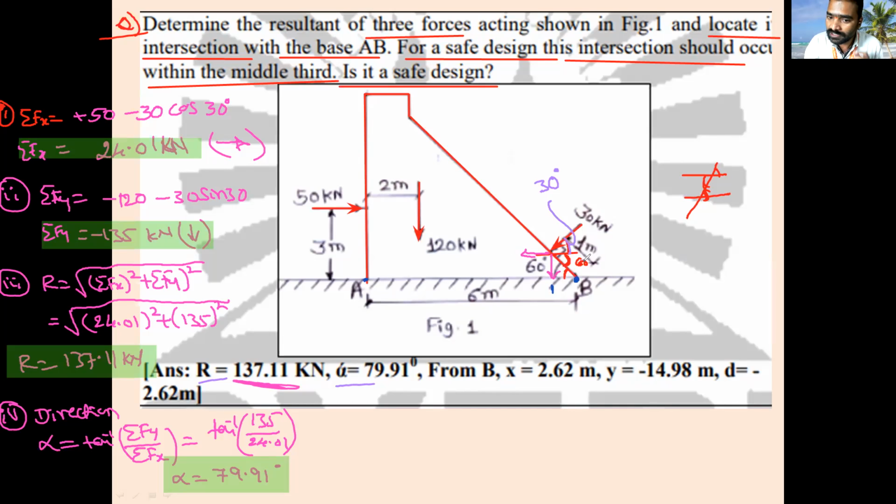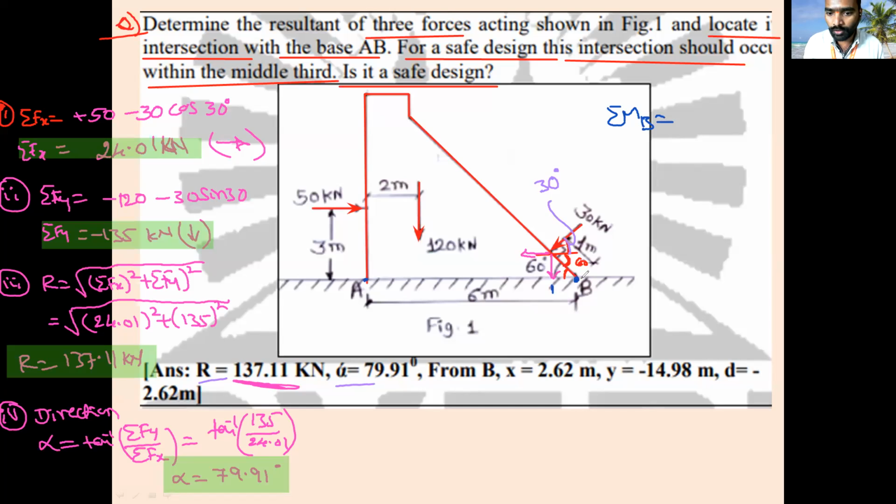So which one is easy, moment about A or moment about B? Moment about B is easy. So I will take moment about B only, and accordingly I will take the distances. You should know why I am taking moment about B. If I go with moment about A, then I have to determine the vertical component distance and the horizontal component distance from A. The calculation is tedious. That's why I will go with the given point, that is B.